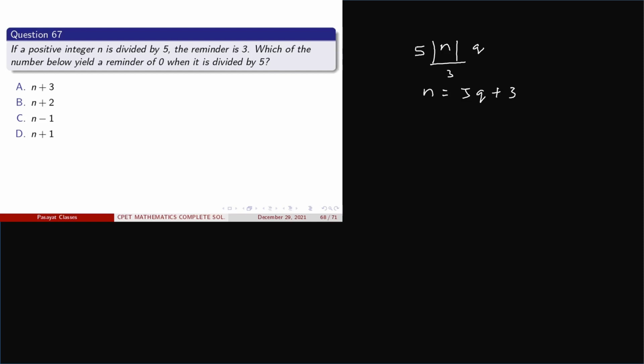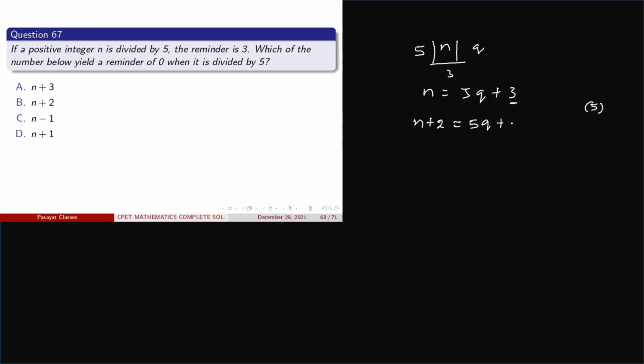Then our question is which of the numbers below yields a remainder 0 when divided by 5. That means if the remainder is 5 or a multiple of 5, we get the remainder as 0. So by adding 2 on both sides,